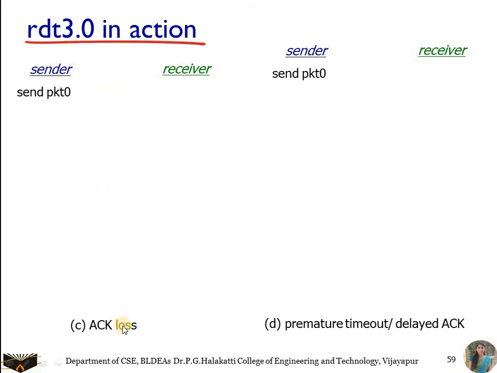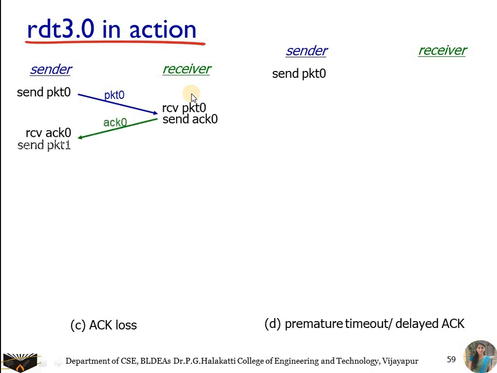So here we have acknowledgement loss, the third scenario. Here the sender has sent the data, the receiver has received, and it's going to send back the acknowledgement. But what if the acknowledgement itself gets lost in the network? So you can see a scenario here. Packet 0 it has received correctly. Packet 1 acknowledgement has been lost in the network. Although the receiver has sent it, the sender does not receive the acknowledgement for packet 1.